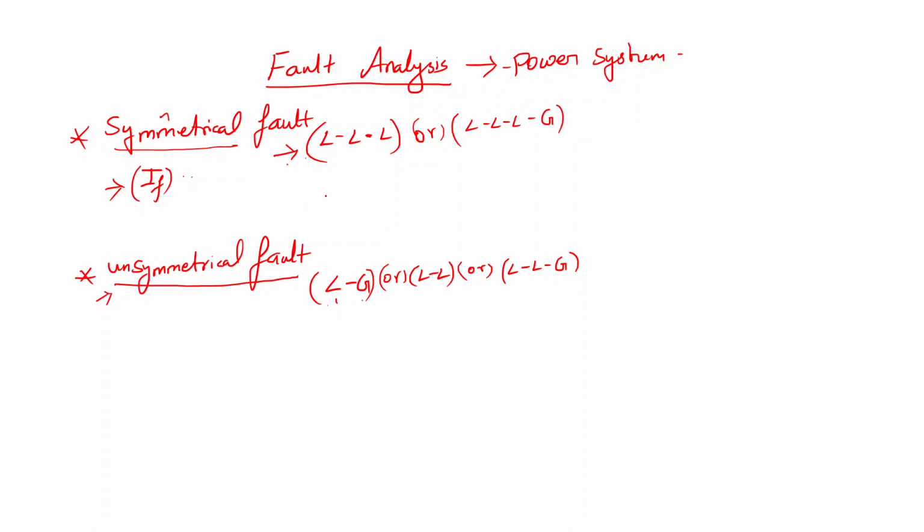So you may get a question like this: what are the differences between symmetrical fault and unsymmetrical fault? At that time, you can write all these points. But usually around 80 to 90% of faults will be unsymmetrical faults only, because it is very rare to get all three lines shorted. But finding the value is very simple for the symmetrical one. The 80 to 90% of faults occur as unsymmetrical types, that is, one single line shorted with ground, or two lines shorted, or two lines with ground. Usually we will have this type of fault at maximum.